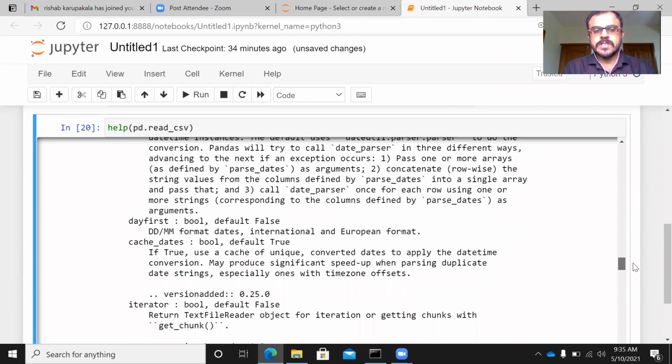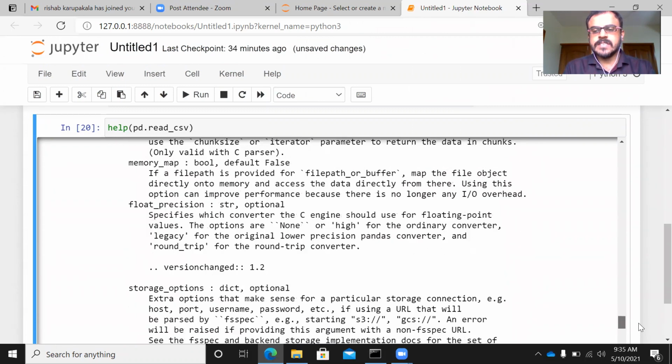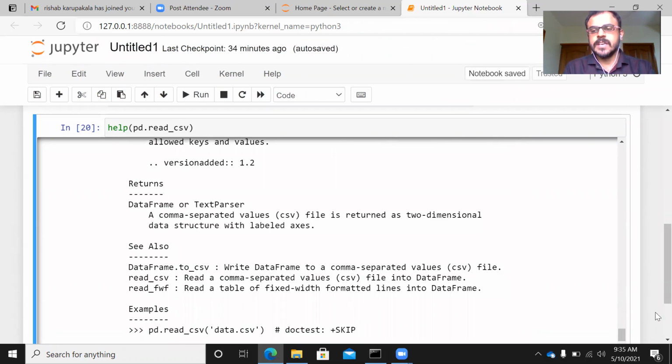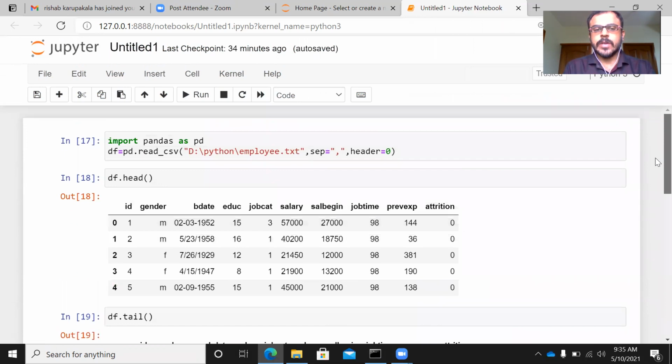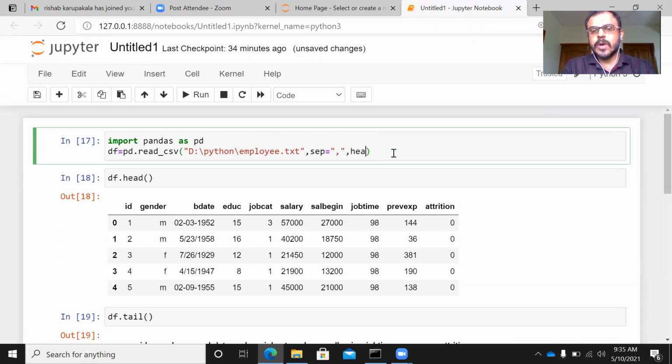For most practical purposes, we may not be using all of these options. Therefore, I've tried to keep it very simple by specifying the location of the file, giving the separator and header. Even if I remove the last 2 arguments, let's see if Python is able to import the file just by specifying the location of the file.